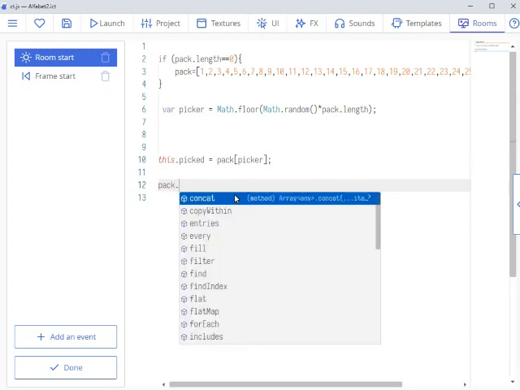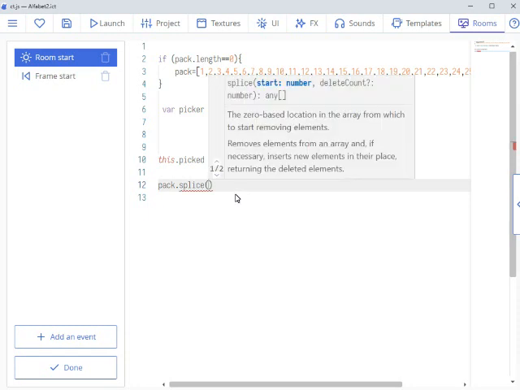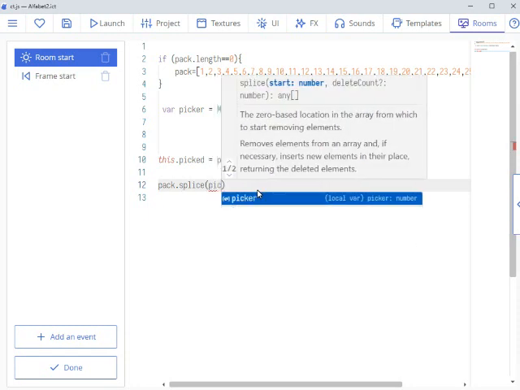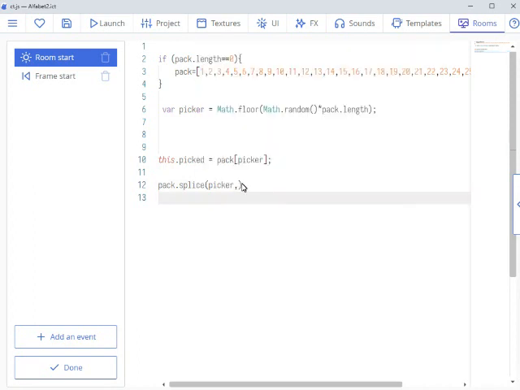We also need to remove the value from the array without leaving a hole in the array. We can use splice for that. The first parameter tells where the splice begins, the second how many items the splice will contain, which is the one item. Finally, we can simplify the code by joining those two lines of code.